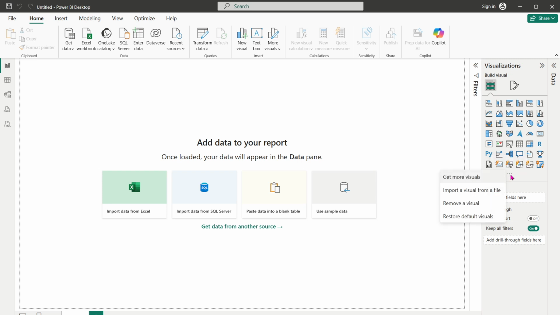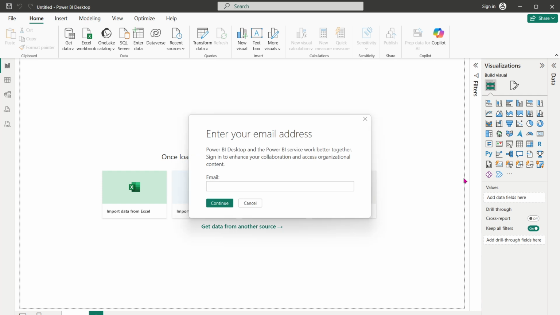After clicking the three dots, you'll be presented with a few choices. Here, you should select the option labeled Get More Visuals. This is a gateway to Power BI's vast library of custom visuals, allowing you to expand the range of your data representation capabilities significantly. When you click on Get More Visuals, you will likely be prompted to sign in or